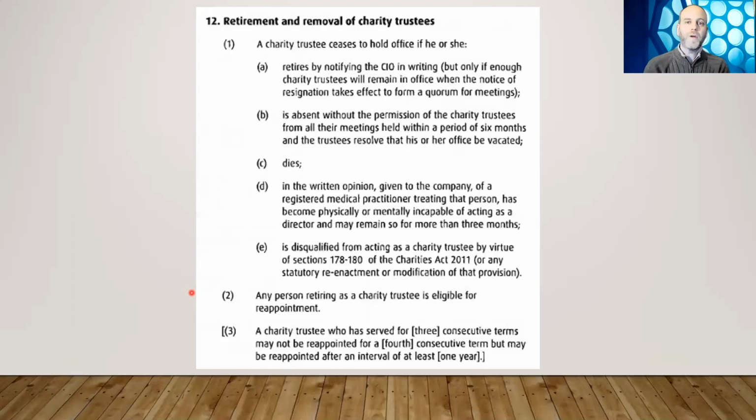So we mentioned already that as a charity trustee, you have a term of 3 years. What happens at the end of 3 years? At the end of 3 years, you can renew your trusteeship. You can stand for reappointment. Okay, so that's fine. Stand for reappointment, be re-elected, great. But you can only do that 3 times. You can only be a trustee for 3 consecutive terms. 3 plus 3 plus 3. You can't be a trustee of Friends of Victoria Park Stretford for more than 9 consecutive years without at least